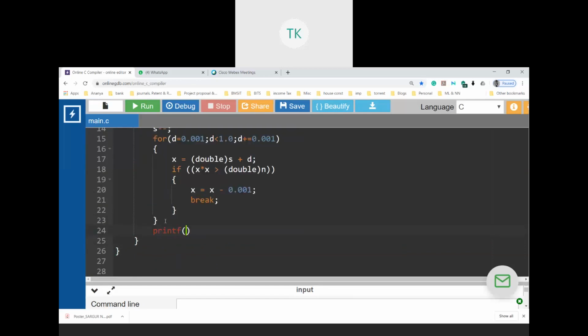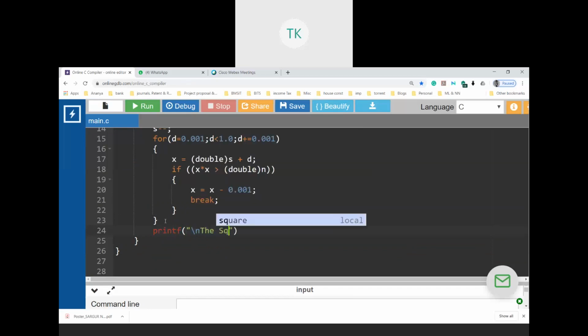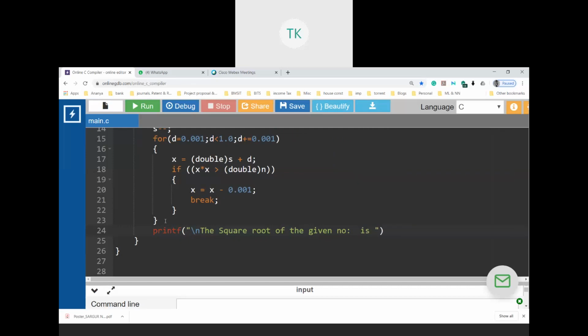So printing the value is printf. I'll say the square root of the given number is %.3lf. lf represents double, .3 represents that when the value is printed, let it print 3 digits after the decimal point.